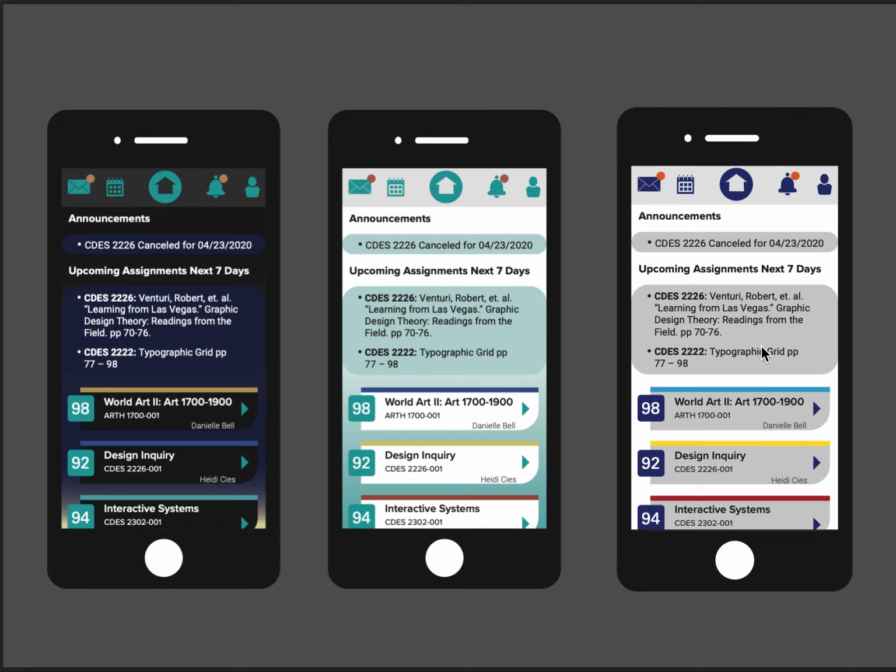This one is what I believe would be the best one for contrast between foreground and background, and there's some nice saturated colors in here that make it easier on the eyes. So I think having multiple views of what the page could look like would help a viewer, and they can decide which one that they like and which one is easier for them,